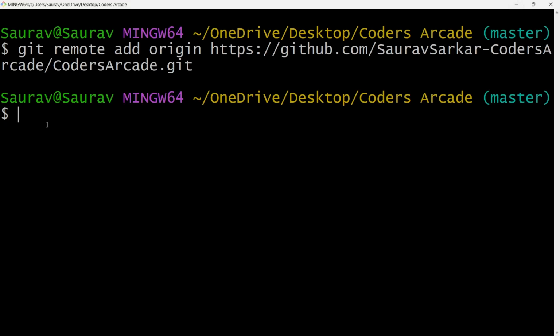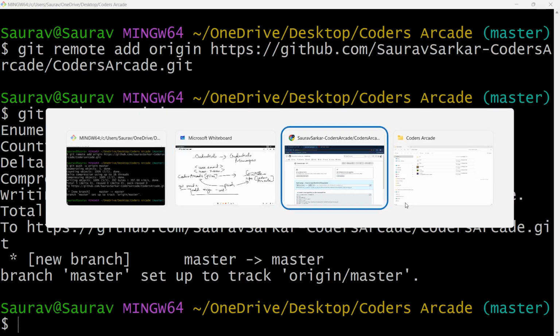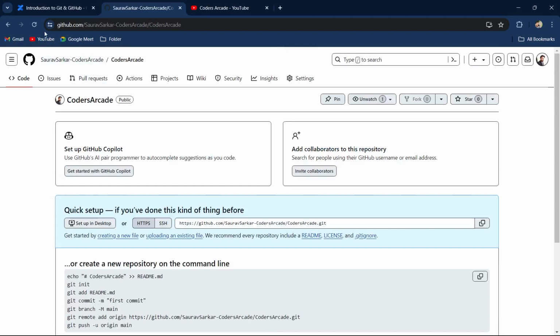Okay. So now I can say git push minus u origin. What do you want to push? The master. Okay, press enter. See guys, enumerating objects 5 done, and it says that we have pushed all our code into the online repo. Let's check here. Till now you can see it is empty. Now, but if I refresh now,